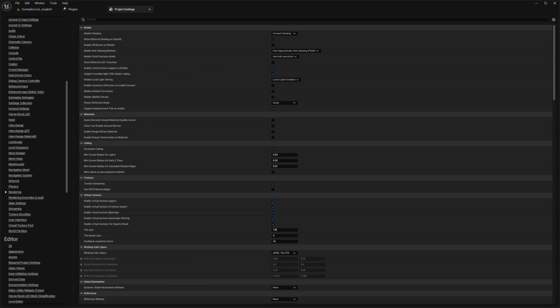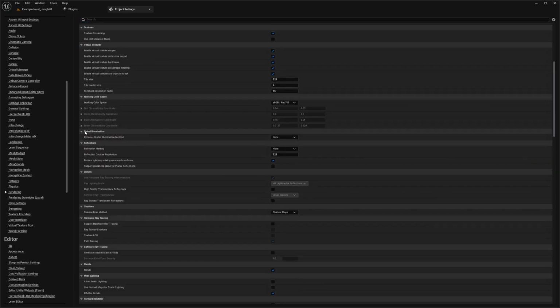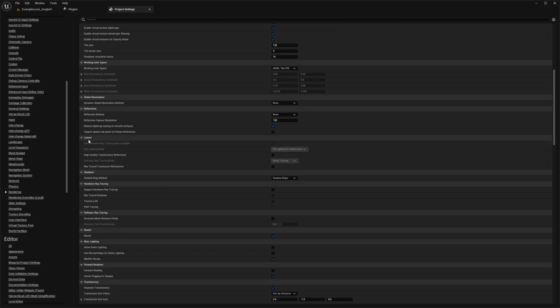So it breaks down textures into smaller tiles or pages, and only the tiles that are needed for the current view are loaded into memory. And next up we have Lumen. So scroll down under the rendering tab, and you will see an option for Lumen and global illumination and